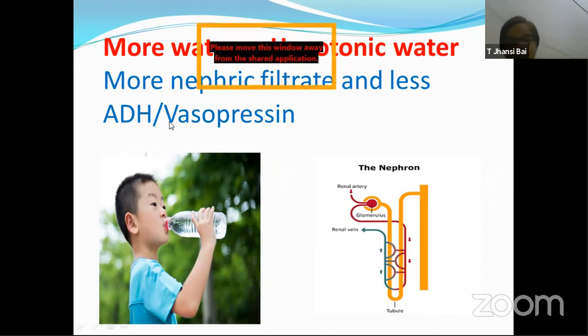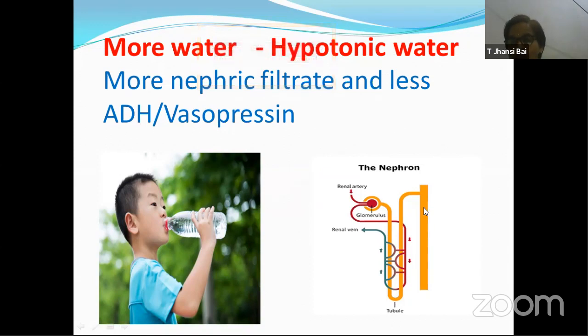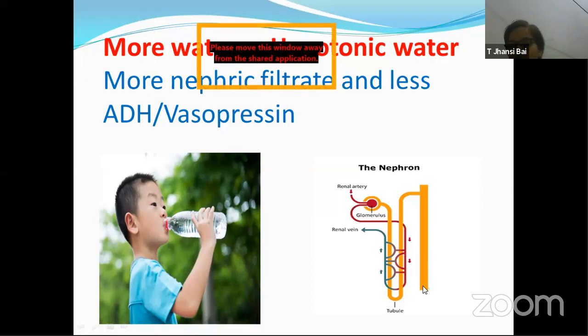At that time, the pituitary gland doesn't release ADH in sufficient quantities. It is released in very small, minute quantities. What happens then to the distal convoluted tubule and collecting duct? They don't reabsorb water from the nephric filtrate. They are not taking back water. So when water is not taken back into the body, obviously hypotonic urine is produced.